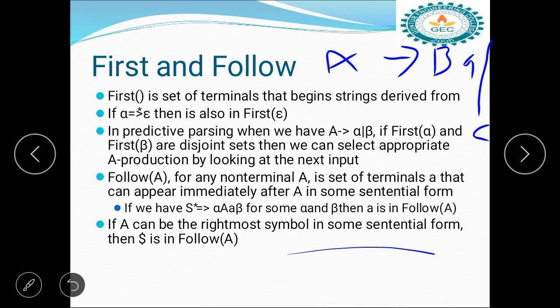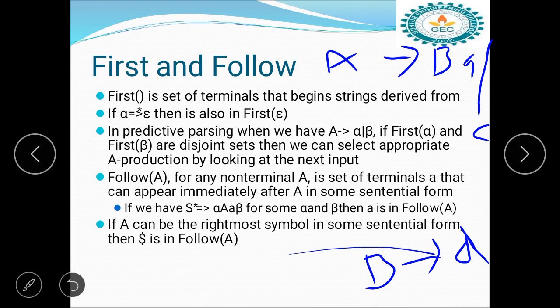So here the right hand side is B, and B tends to d. For first of A, we first see the right hand side starting symbol. The starting symbol is B, which is a non-terminal, a capital letter, so go to that production.